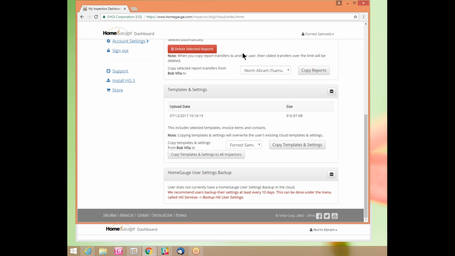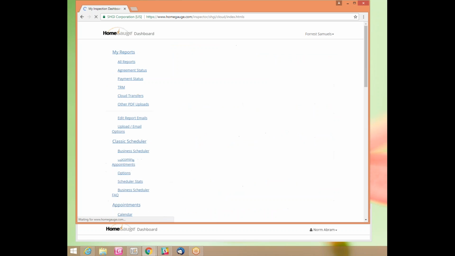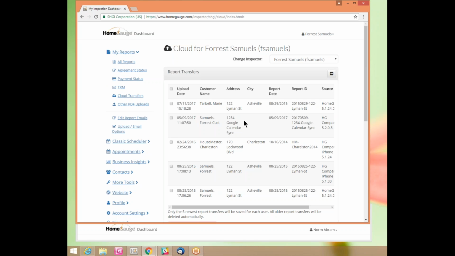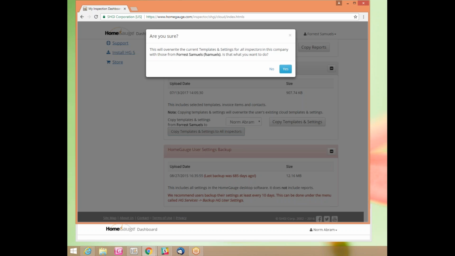Once you upload that template to the cloud, the next step would be to go to your HomeGauge dashboard as the owner or a manager, and then go to your cloud transfers, which is right here. When you click on cloud transfers, this is what you're looking at, and you'll scroll down just a little bit till you get to templates and settings. It actually shows the template upload date and time and the size. And if you want to copy it to everybody in your company, just so that they can bring that template down really easily and have the most up-to-date version, you'll click on this Copy Templates and Settings to All Inspectors